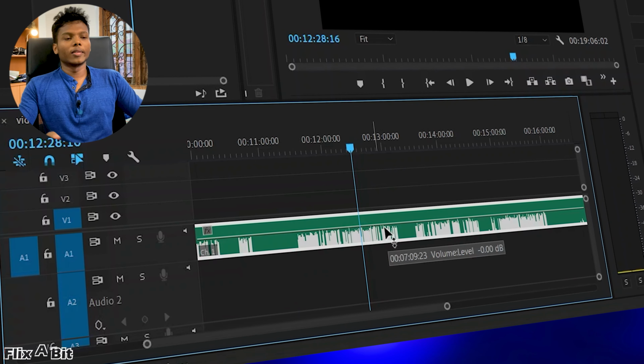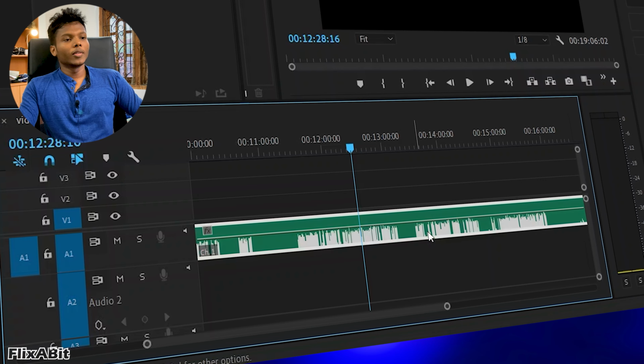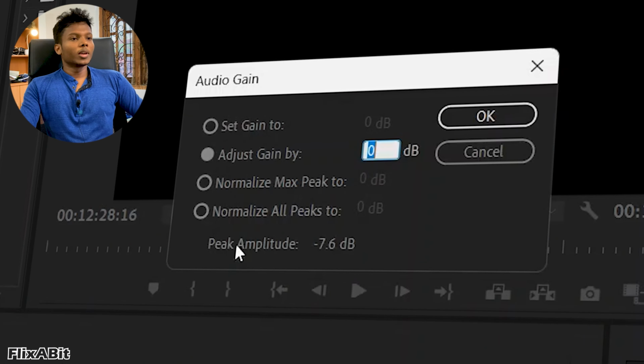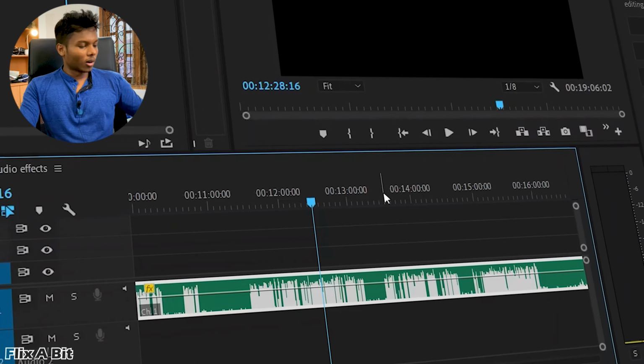So whenever we are creating a video, we need this audio to be at a normal level. To get this normal level, just like earlier, we're going to click on this and press G on the keyboard. And here we get this audio gain window. From here, we can see that it has calculated the peak amplitude to be minus 7.6, which means around this region. I just want that peak amplitude to be 0. So if I click on this, normalize max peak to 0 decibels, or you can set any value you need. I will just set 0 decibels and click OK. So now here, if you play this